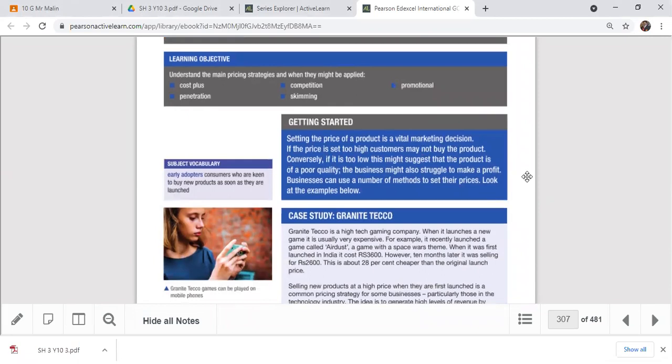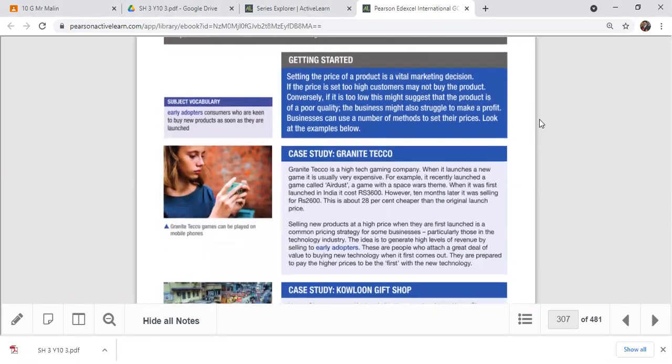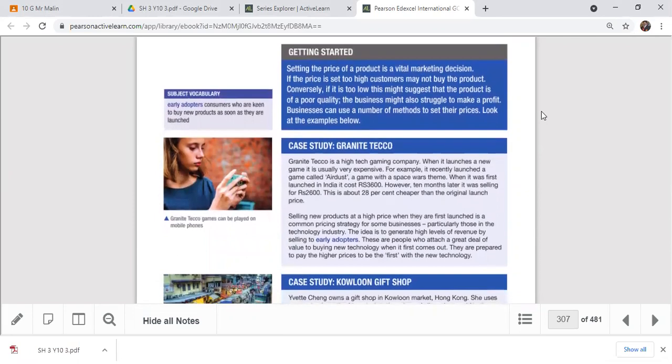When we get started with this lesson, we have a small introduction part. You can see setting the price of a product is a vital marketing decision. If the price is set too high, sometimes customers may not buy the product. Definitely, when the prices are too high, customers do not like to buy the product. Conversely, if too low, then they might suggest that the product is of poor quality. So take this point down because